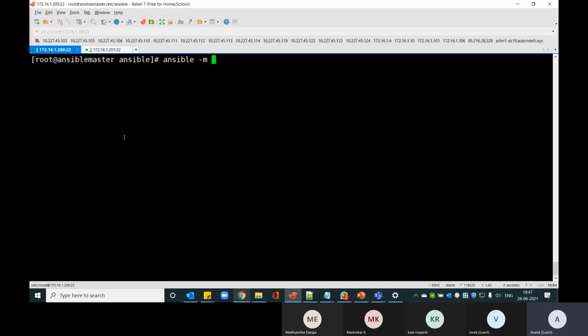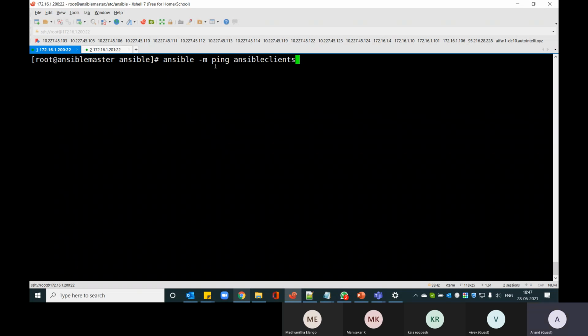What I'm going to use is a module called ping. Again, as I mentioned, the basic building blocks of Ansible are modules, so everything depends on a module. For example, I'm using the ping module in Ansible to check whether my device is reachable or not.